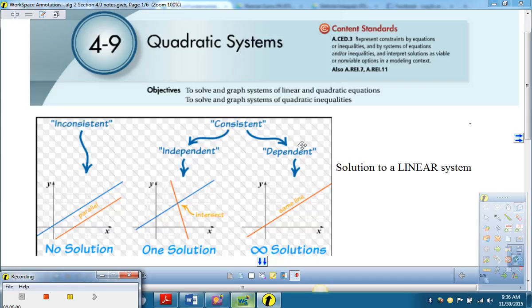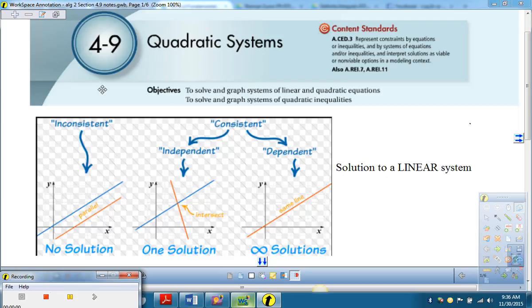All right, so we have section 4.9, quadratic systems. Our objectives are to solve and graph systems of lines and quadratic equations, and to solve and graph systems of quadratic inequalities. All right, so when we talk about systems, we have to remember we've already done this with